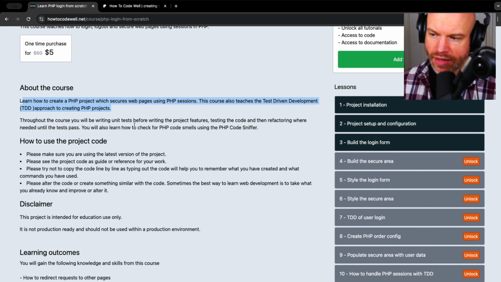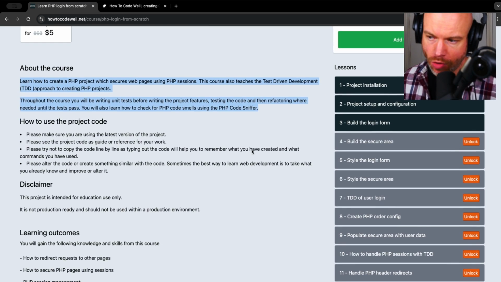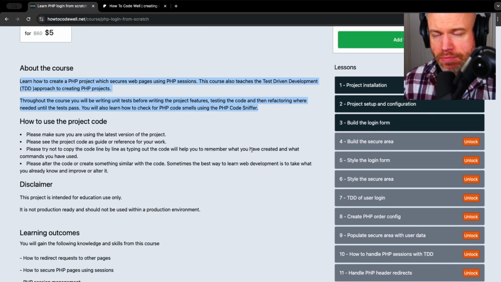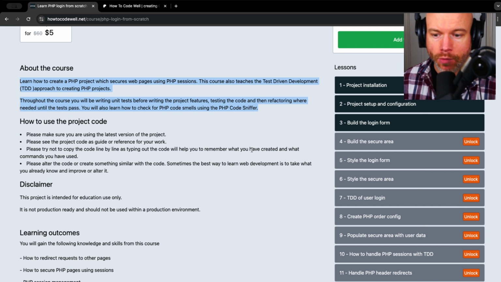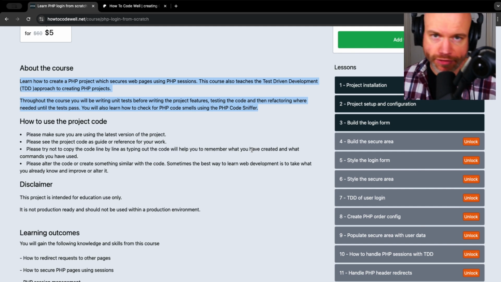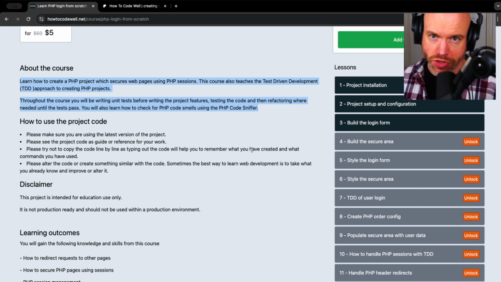where needed until the tests pass. You will also learn how to check for PHP code smells using PHP Code Sniffer, and it also has PHPStan in this course. The course teaches you how to build a means of securing web pages using sessions in PHP, and we do so without the need of any frameworks. And it's centering around how to actually set up the project and how to secure web pages using sessions and